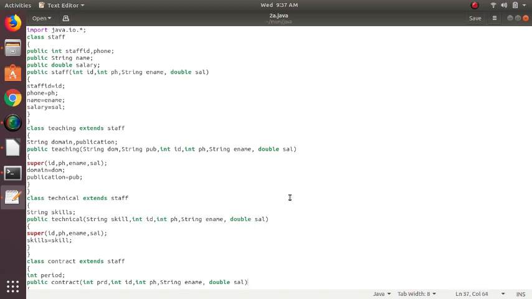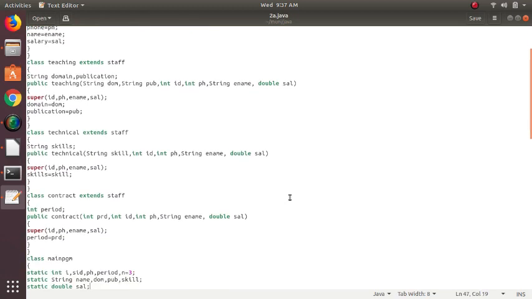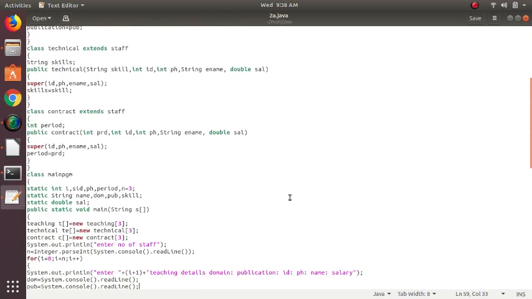And the next class is contract. This contract has its own property called period. Apart from this period, it also extends the same ID, phone number, name, and salary from the main class staff. So this is about the class distribution, and you have one more class here called main program.